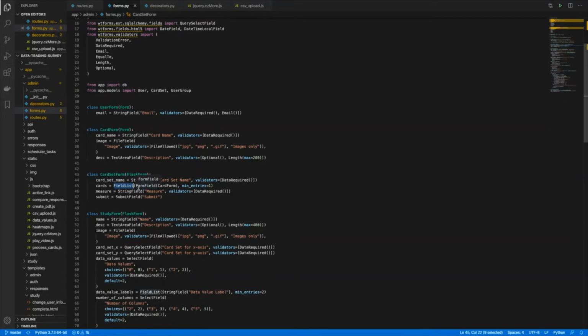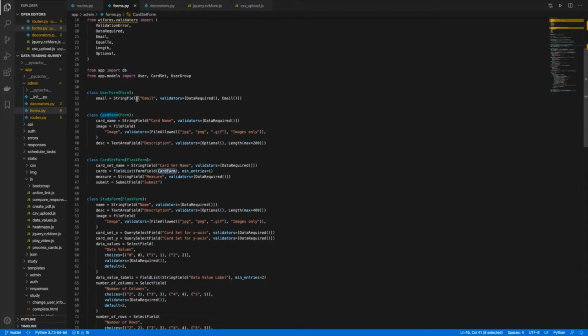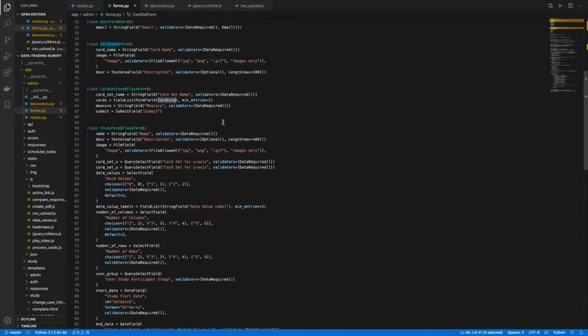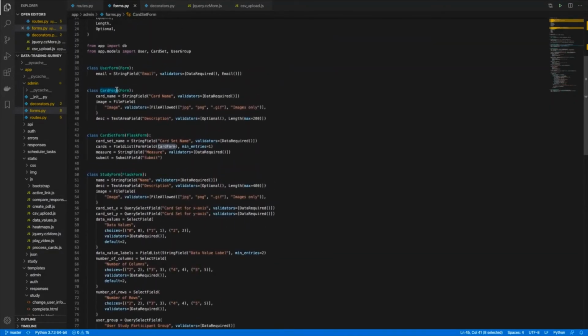So the field list allows you to add any number of subforms to a form, and each subform represents a card or in this case a user in this field list there. And you can see those subforms up here. They're a different class, and each has its own fields.